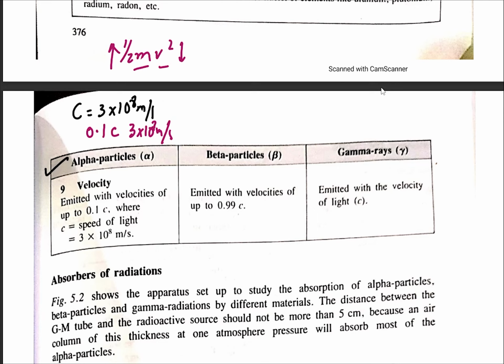On the other hand, we have beta particles, which have approximately 99% of the speed of light. They are so fast that the highest speed recorded is that they approach the speed of light, just shy of it, within about 1%. They are very fast. And then we have gamma radiation. They are moving at the speed of light, because when we did the electromagnetic spectrum, we understood that all of the spectrum is moving at the speed of light at all times. So these are the properties